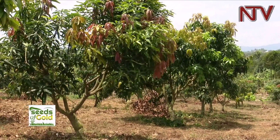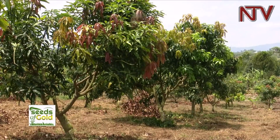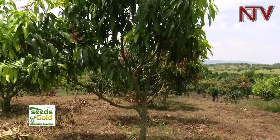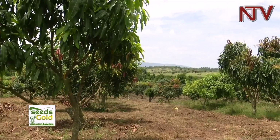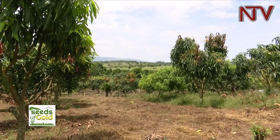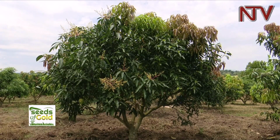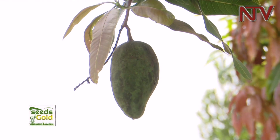With mangoes, this is a water-stressed corridor of Ankole. We don't have enough rains. In fact, it is a cattle corridor. So mangoes, they like those conditions. They do well. Like now it is hot. When it is hot, it is when they are flowering. It is when they are okay. It is when the leaves are good and the